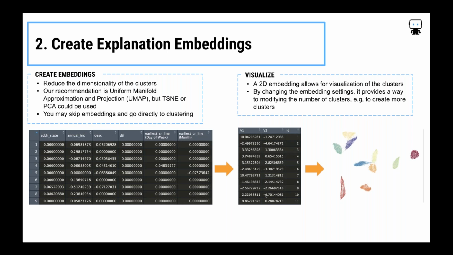However, since we're going to leverage HDBSCAN for our clustering algorithm, which is a density-based approach, we found that UMAP works really well together. The reason being that reducing dimensionality is going to make the density more apparent, and it's going to make it easier for HDBSCAN to cluster. So UMAP has this really nice property of being nonlinear and manifold aware. So you can reduce that dimensionality down to something small enough that HDBSCAN can be effective with.